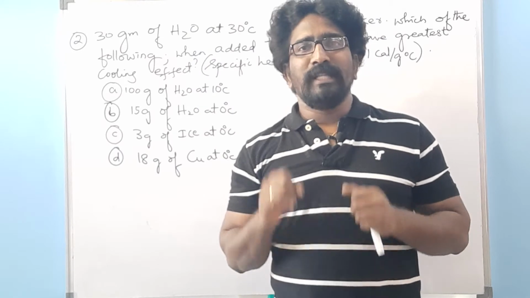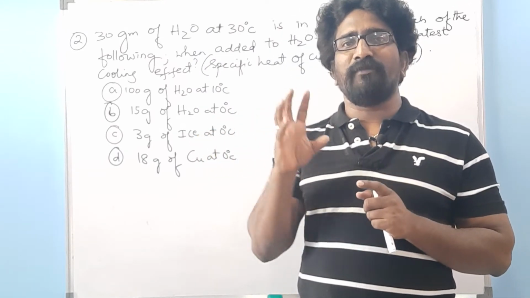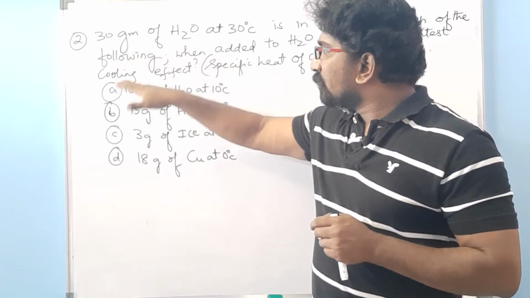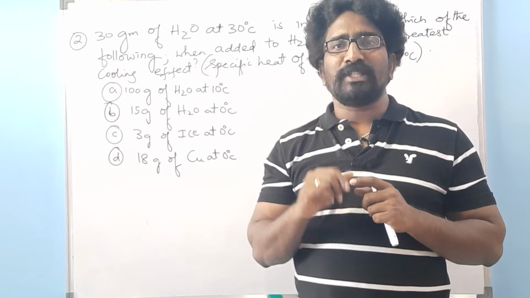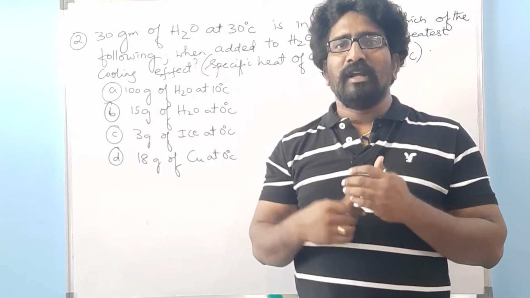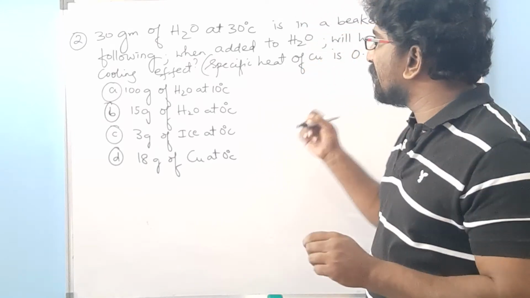See, in this particular question there are 2 liquids. At a time we can mix 2 liquids. Actually, in fact, there are 5 liquids: 1, 2, 3, 4 and 5. So at a time you can mix 2 liquids and find out the final temperature. That is the procedure to find it out. So now, first, in case 1,